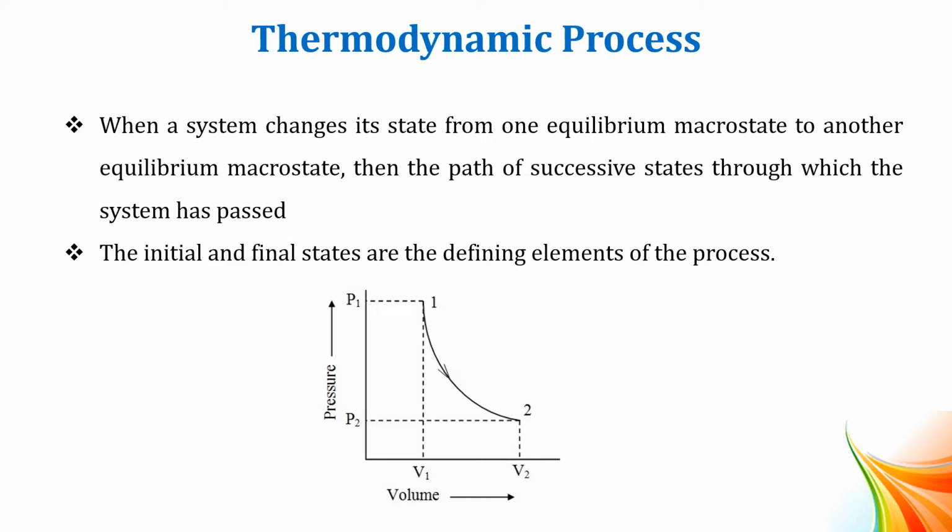Say in this process, a system starts from initial state 1 described by a pressure P1, volume V1 and a temperature T1, passes through various quasi-static states to final state 2 described by a pressure P2, volume V2 and a temperature T2. In this process, energy may be transferred from the surroundings into the system and can be done by the surroundings on the system. One example of a thermodynamic process is increasing the pressure of the gas while maintaining a constant temperature.